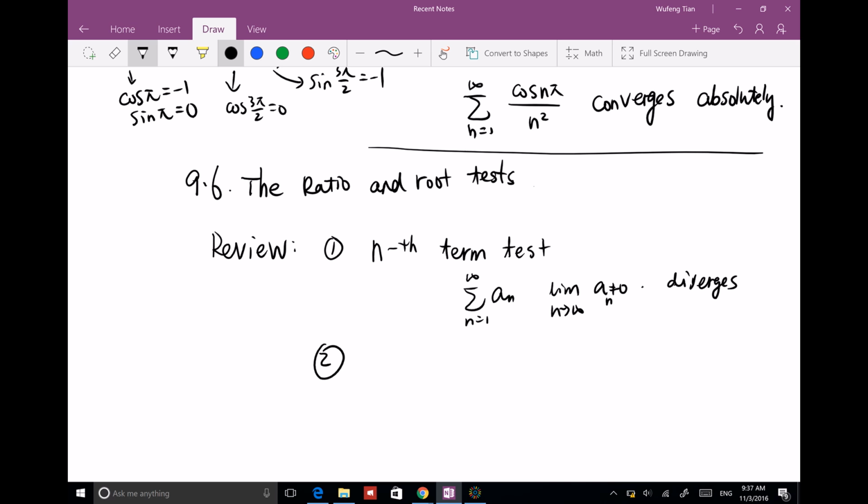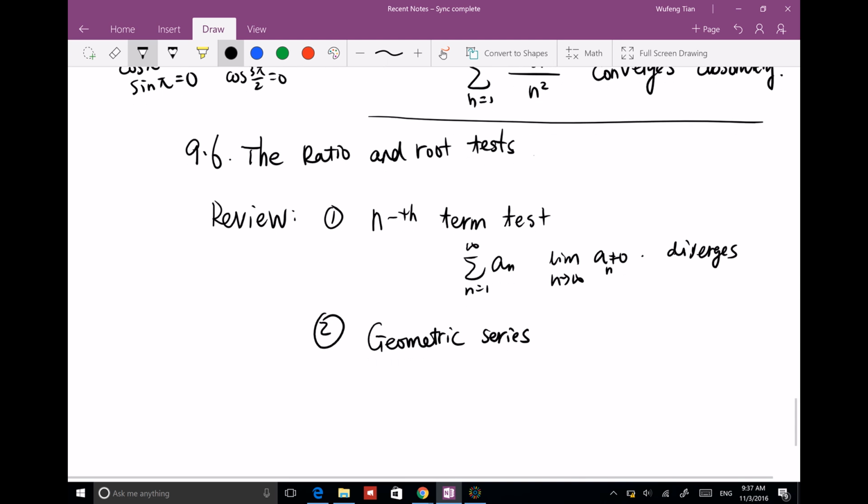One over 2 to the power n. The ratio is 1/2. Oh, geometric series. Yeah, geometric series. Very good. Perfect. So after the nth term test, the next we see is geometric series. So geometric series, we did n from 1 to infinity, n to 0, ar^n. So this equals,